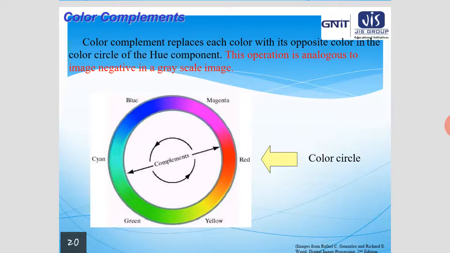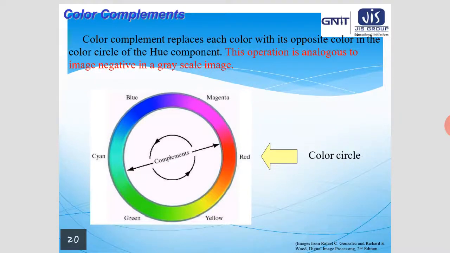The color complements replace each color with its opposite color in the color circle of the hue components. This operation is analogous to the image negative in a grayscale image. For a grayscale image, if we take the negative of a particular value, this is just the opposite of the gray value. Here also the same operation can be done using this color circle. This color circle represents the corresponding color along with its complement color, so it is very easy to understand from this color circle.